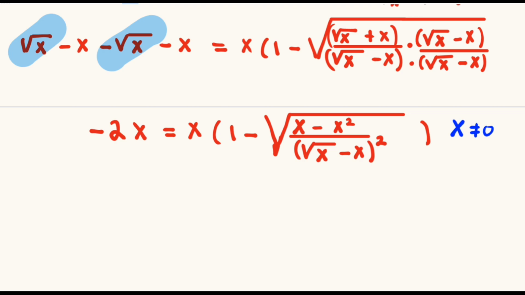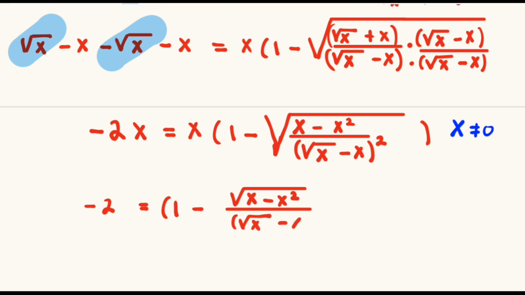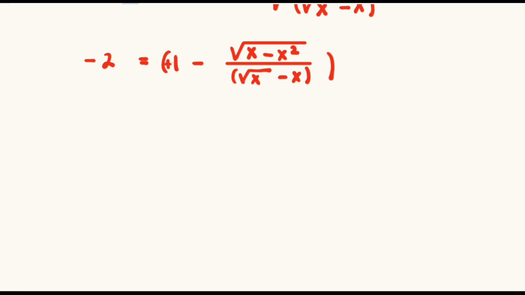Dividing both sides of this equation by x, we have negative 2 into 1 minus the square root of x minus x squared, and in the denominator the square and the square root will cancel out, and we'll be left with the square root of x minus x. We have this positive 1, it moves from the right to the left, and it will be equals to negative 1. So negative 1 minus 2 will be equals to negative 3,